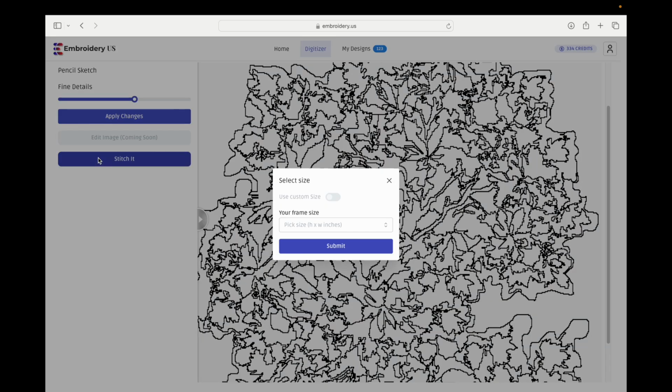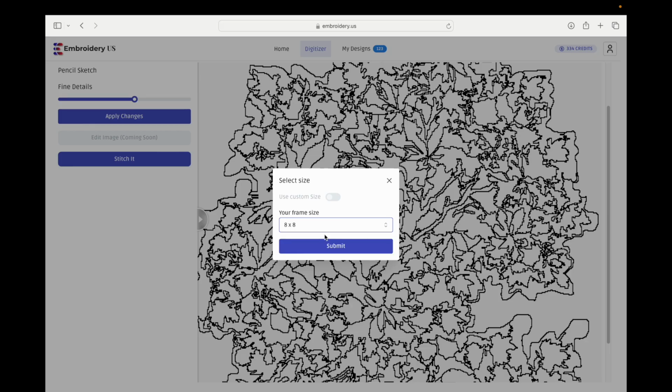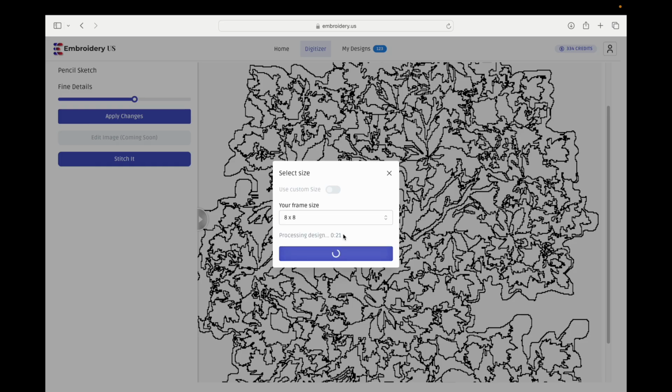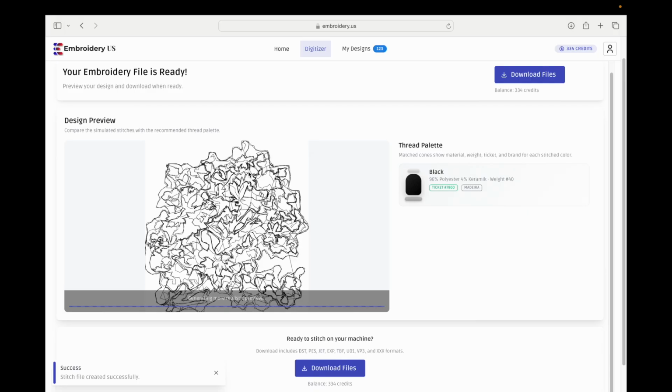So I choose stitch it, and then my design was an 8 by 8. Obviously I choose 8 by 8 frame size to be able to overlap the two designs. This could take anything between 1 minute to 2 minutes. Here I'm getting my outlines here,